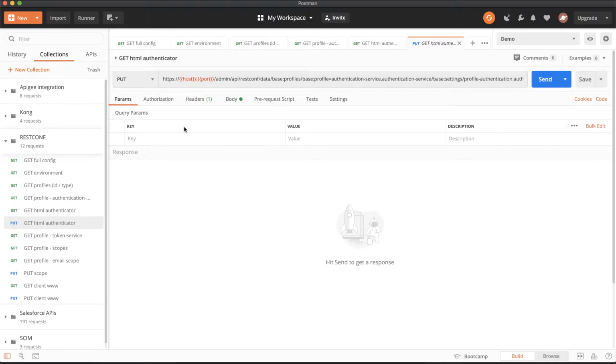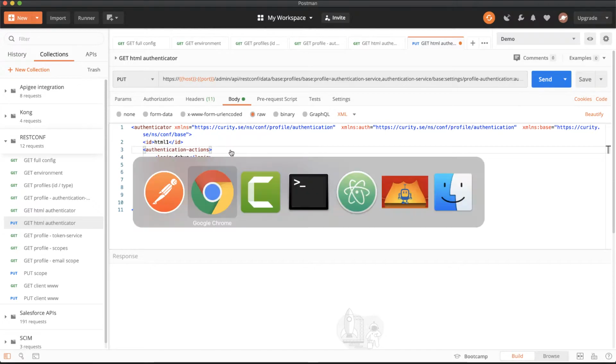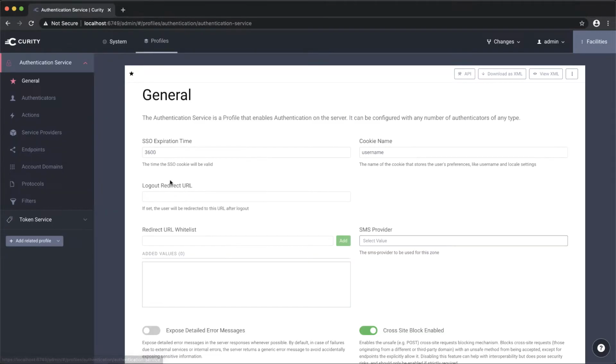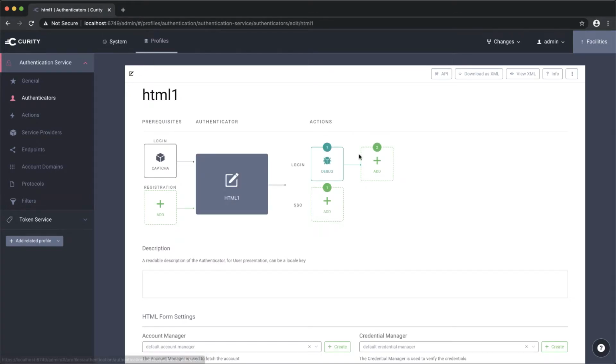And what we can now do is we can change this. If I copy that entire payload and paste it in here, we can do a PUT request to the same URL essentially. And what we could do here is, for example, change this. So if we go into the UI, look at my HTML authenticator, I can see here that the prerequisite is a CAPTCHA, and there's a debug action attached to it